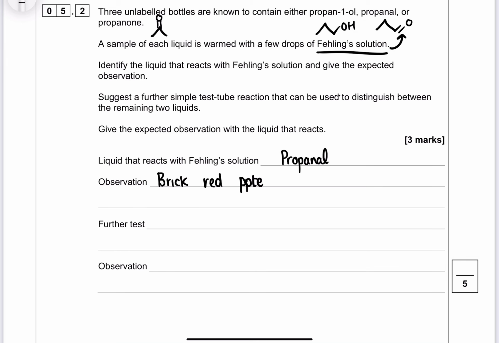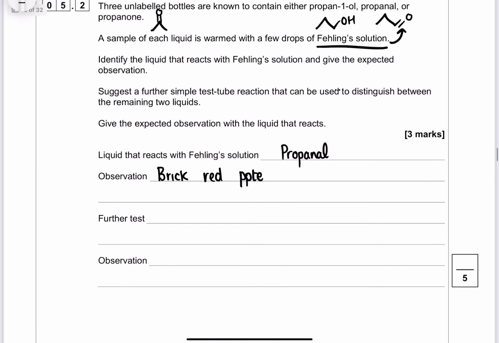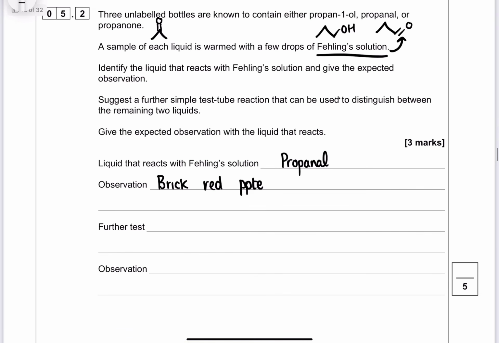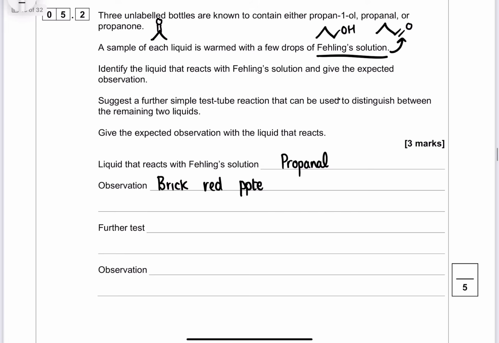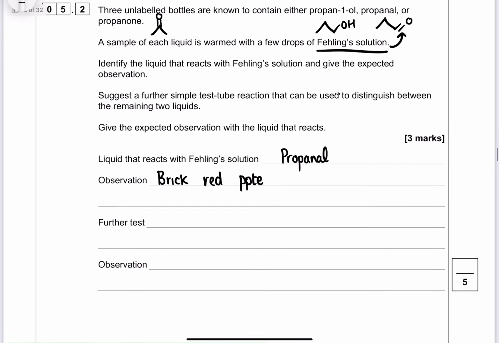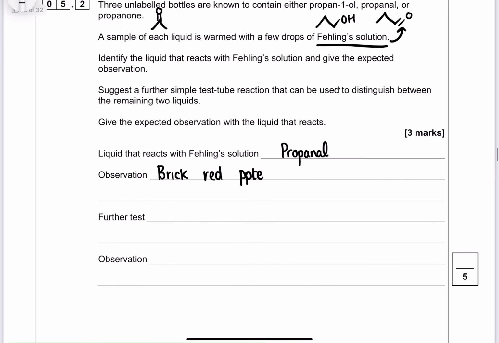Okay, it says suggest a further simple test tube reaction that can be used to distinguish between the remaining 2 liquids. So there are a few different ways that you could do this. But I'd say the obvious way is to test for the difference between the remaining 2, because it does say between the remaining 2, and we've got a ketone and a primary alcohol. So my test would be to warm with acidified potassium dichromate 6,